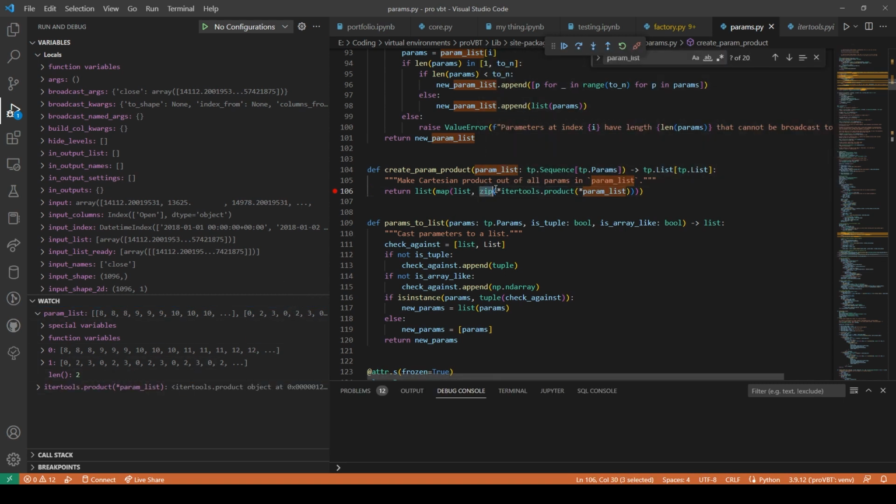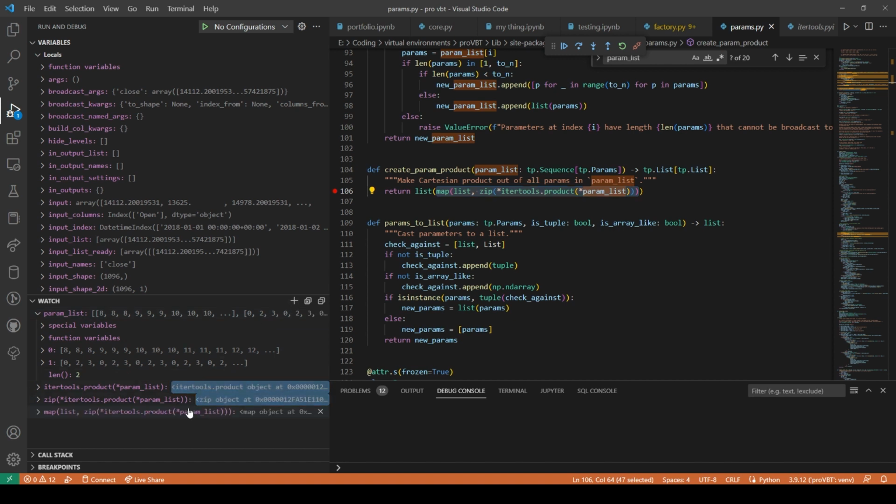So you have to zip. You have to map. It's a map object?